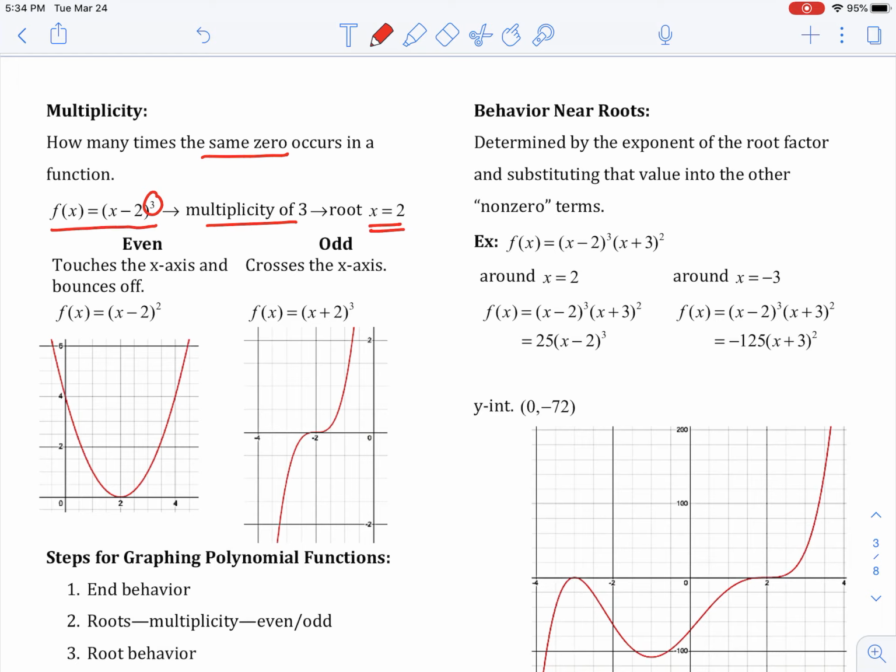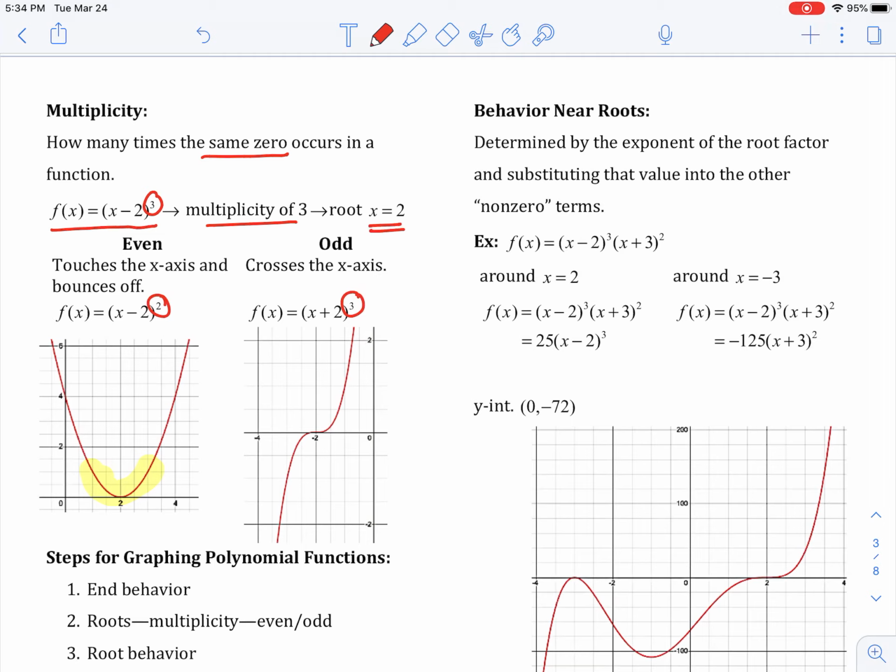So if your multiplicity, if that power is even, that root occurs twice, then basically our graph is going to be touching the x-axis, and you're going to end up getting that parabolic type shape around that particular root because that's what the x squared graph looks like. Versus if you have a multiplicity of 3,